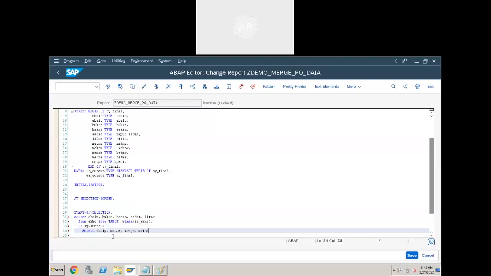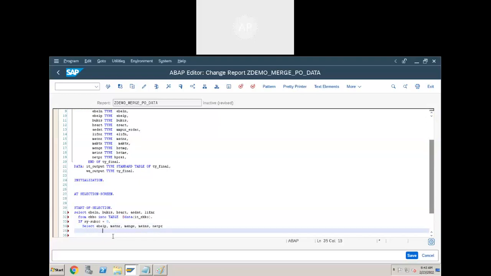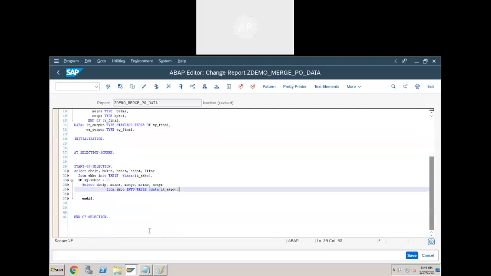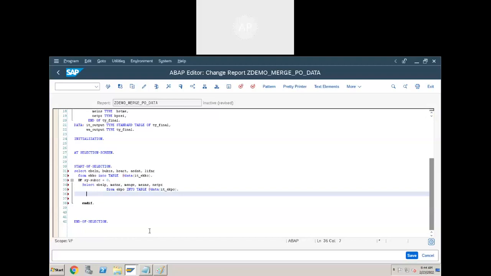What is the unit of measurement? Meins is the unit of measurement. Is it in kgs, liters, or what? NETPR. These are the fields we are selecting from EKPO. Is this correct? Yes.